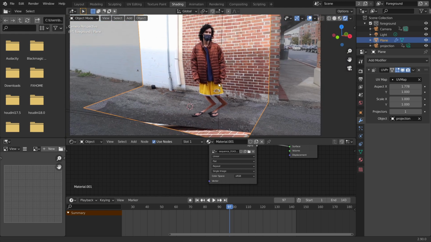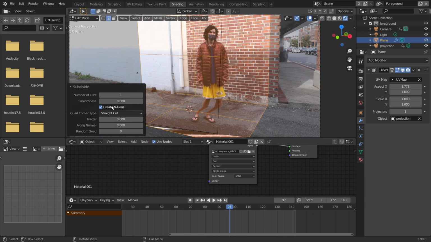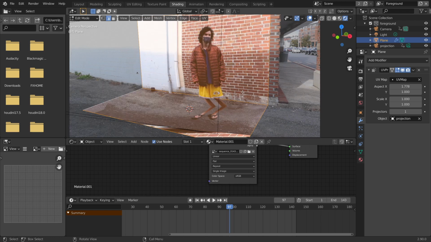So it's almost correct, although we do have a good amount of distortion, and good in the sense is bad, but not bad as in the sense of good, right? This is a bad thing, right? To fix this, we actually just need more geometry, which you can either do by subdividing, and you can see the more subdivisions we have, the more corrected this is,